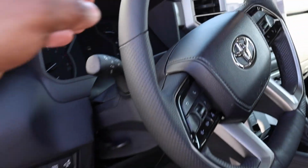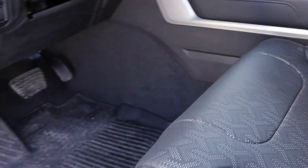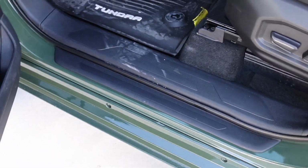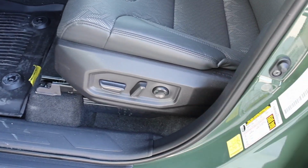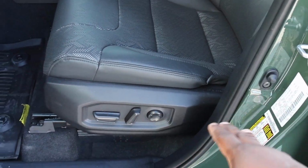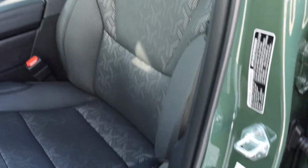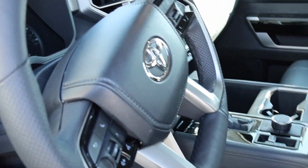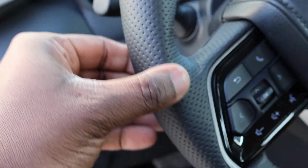Now this telescoping steering wheel goes really good with these seats. You cannot operate the pedals, and this one has those all-weather floor mats. Great seating positions here. You can push out the front and rear of the seat, and of course you can recline it, and lumbar support is right there. I like the perforated look on the steering wheel,